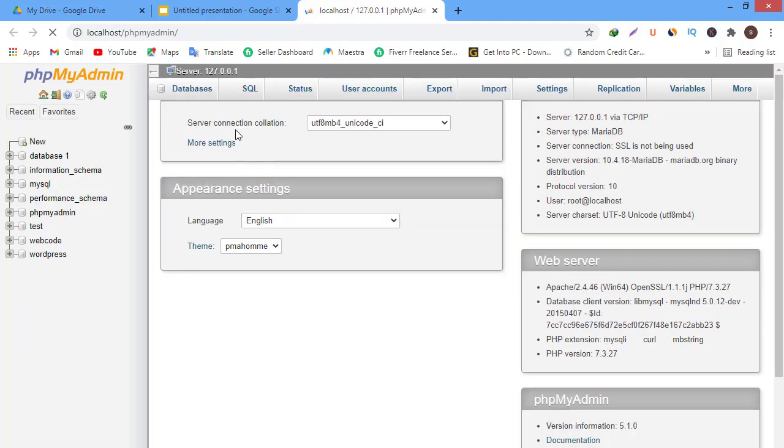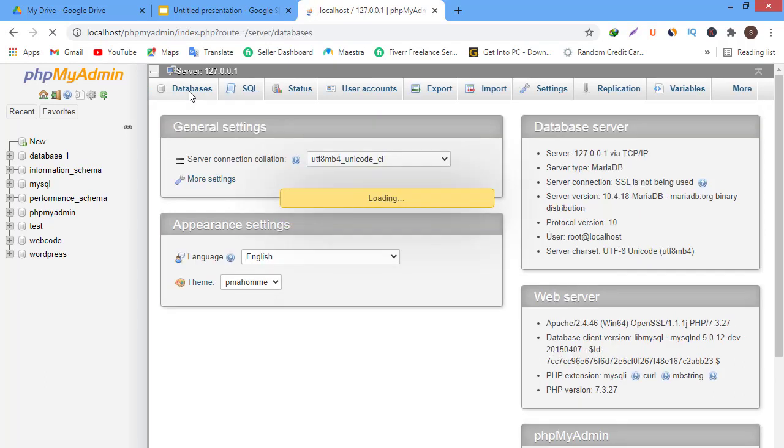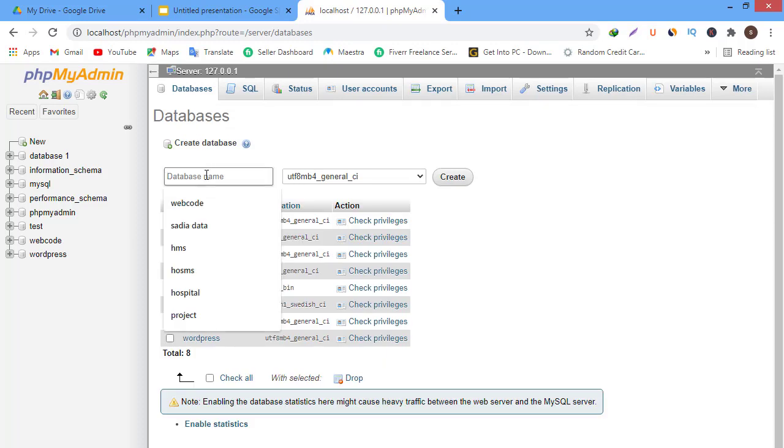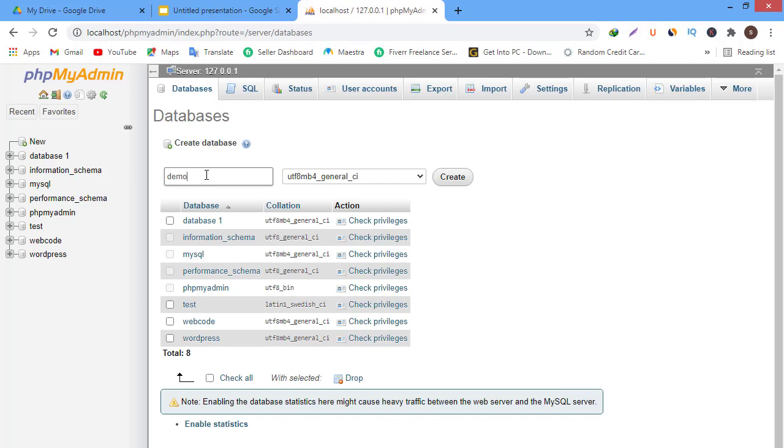Now click on Databases. Now we make a database named demo site.